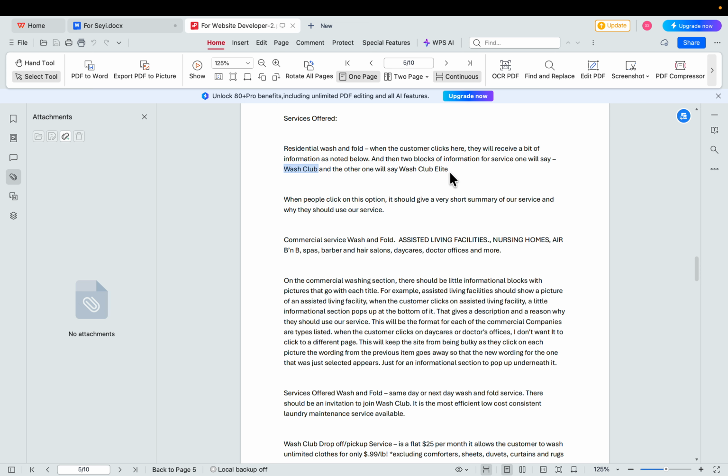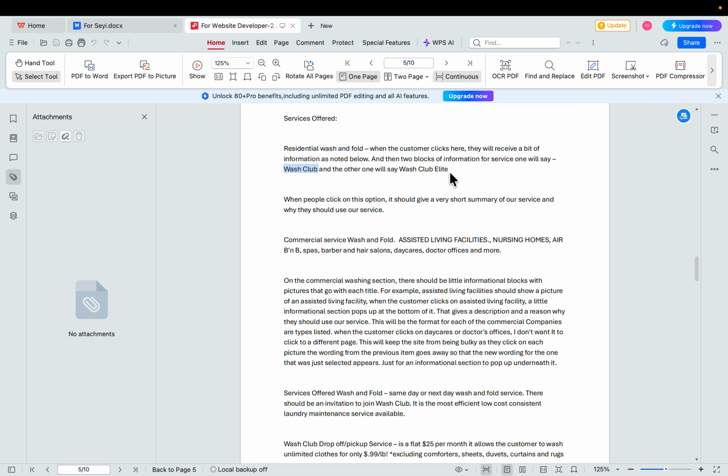Yes. And when they click on Wash Club, it's going to show them the prices, and it could just be one section. The top part's going to say Wash Club, with the prices and what services they get. The next one is going to say Wash Club Elite, and show the price of what they get. So it doesn't necessarily have to be two buttons.